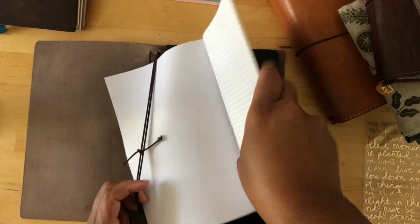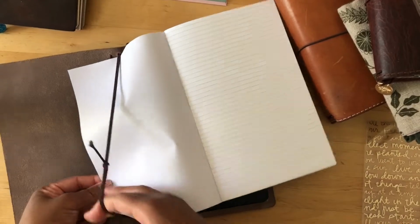And this I want to use for my scripture writing. So practicing my handwriting, blah, blah, blah. So this,